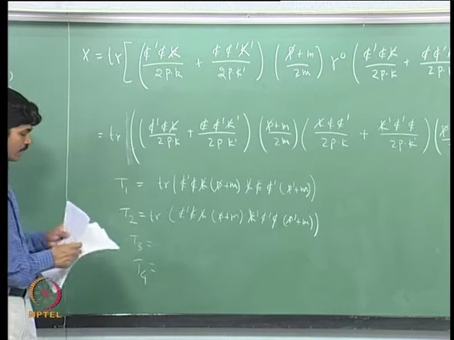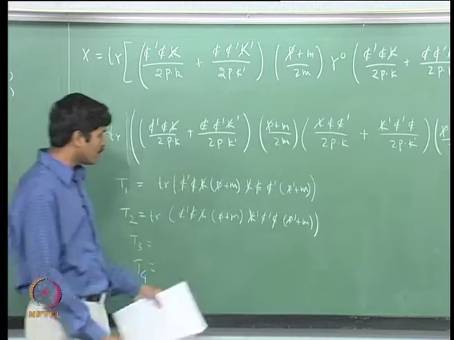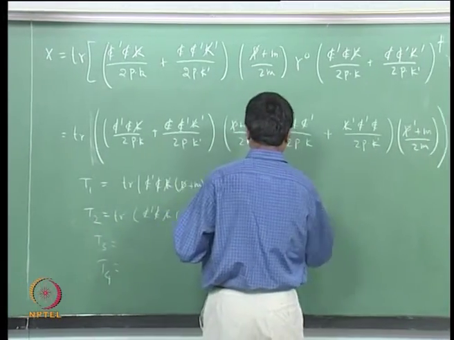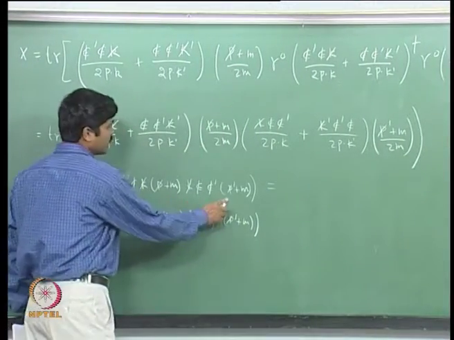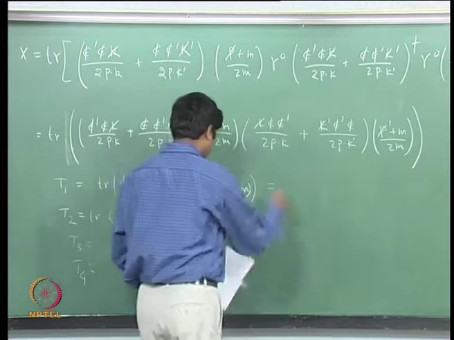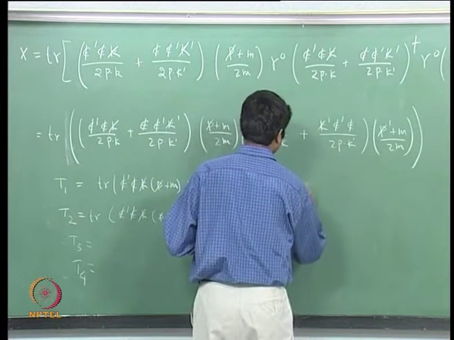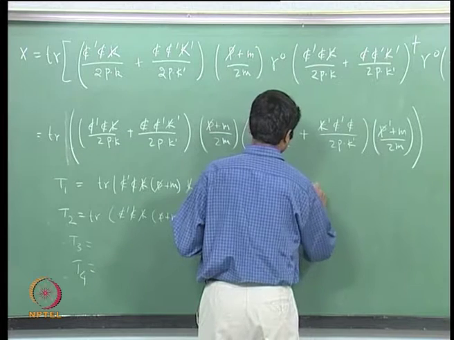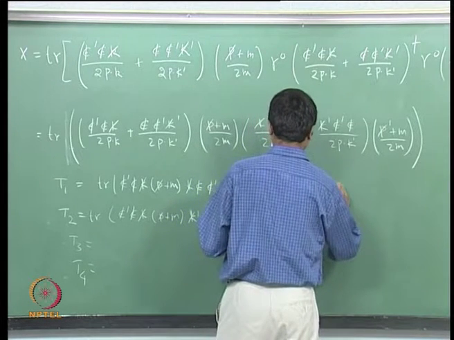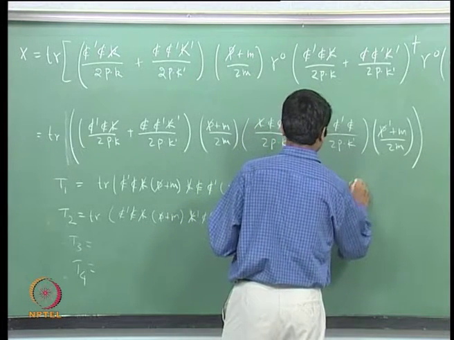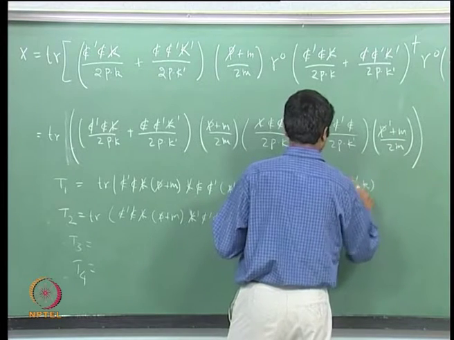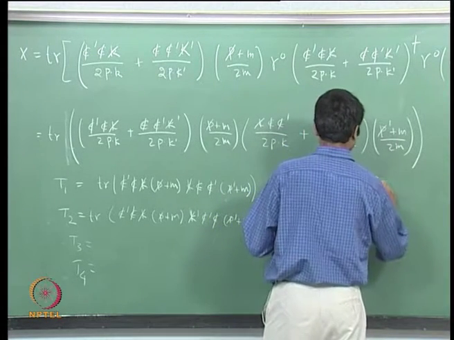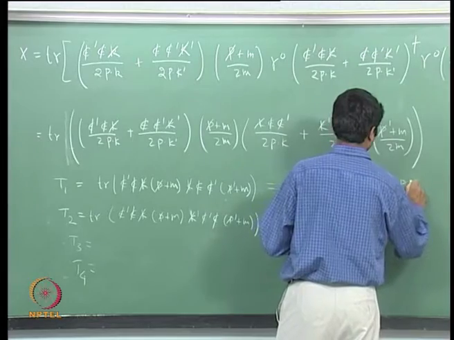So, what I will do is that I will show to you that we can evaluate this trace, and at the end we can show that T1 is equal to 8 P dot k times twice epsilon prime dot k square plus P dot k prime,